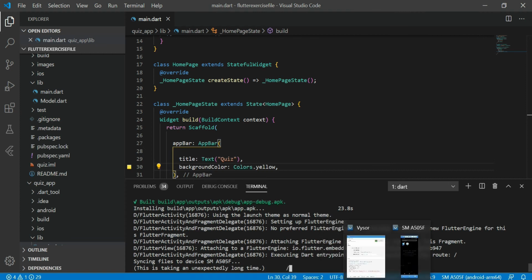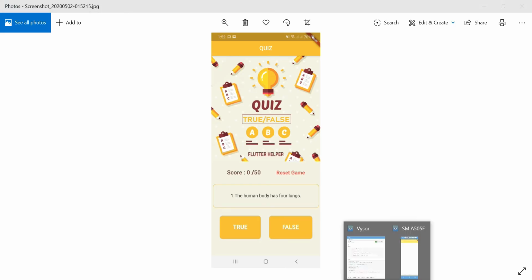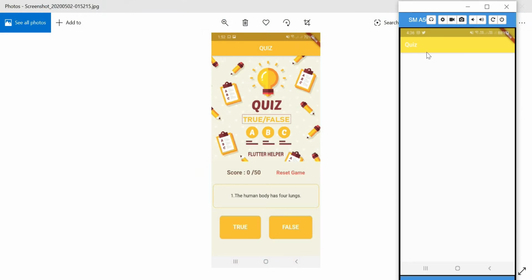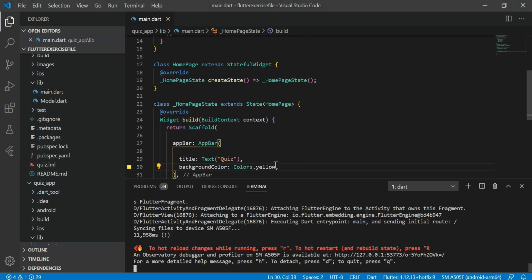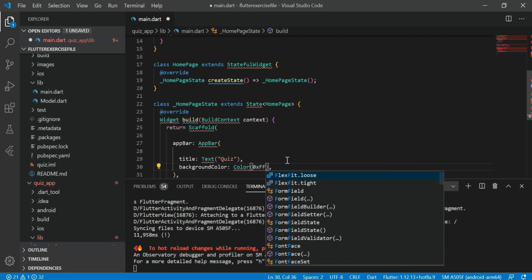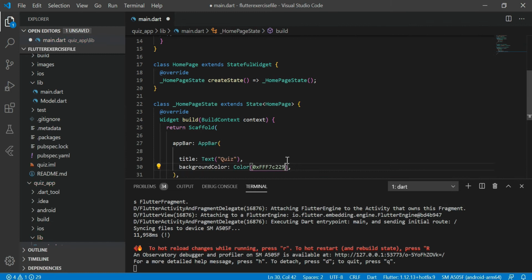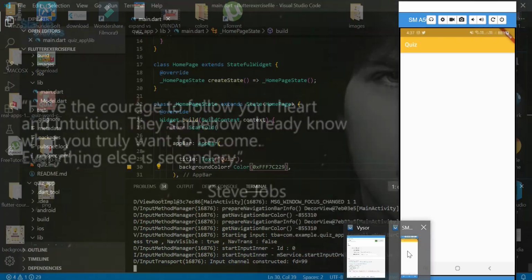Now as you can see, the color of the app bar I provided is yellow, but in this I am using a different shade of yellow. For this I am using a specific shade of yellow which is called a hex code value. Hex code value is a 6-digit value of a color code. To know more about hex code value, I'll drop the link of a color picker in the description. You can check this out. And this is how you are going to apply hex code value: 0x, then ff for fully opaque, and after this a 6-digit hex code value. Now let's reload our app.